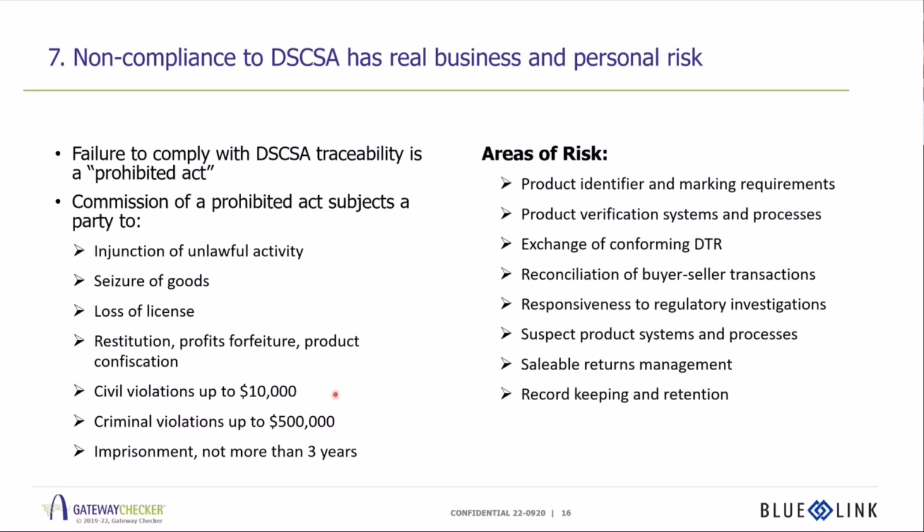So what do you need to worry about as a business leader? Where are the areas of risk? We've covered many of them today. From our experience, the product identifier marking requirements are probably in pretty good shape coming from the drug manufacturer, but it's all of the product integrity or system integrity checks that we talked about in the course of this presentation, for you to know and be well aware of integrity from the item level to the shipper case,